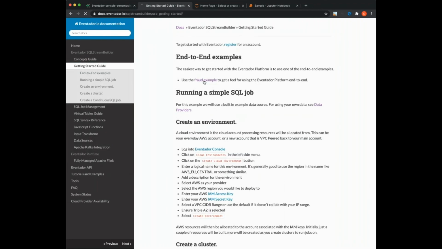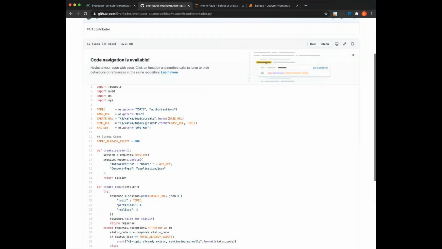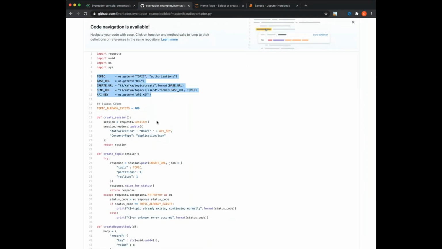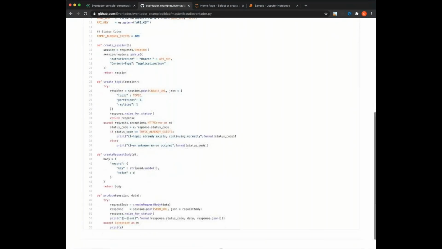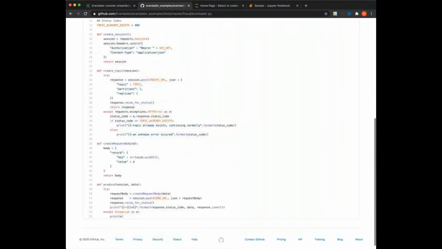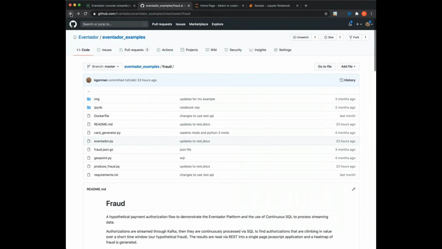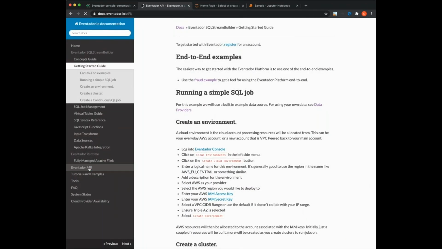Right. And I can show you, so if you want to go here, let me show a couple examples of this in practice. In this case, I went to the Eventador examples for fraud. It's in the GitHub repo for the Eventador examples. And if I look here, I'm using Eventador.py to just produce data, so I'm using Python now instead of curl. And I'm pulling up some variables from the operating system. And then I've got some higher level methods here, like create a topic or produce data, that kind of thing. So it's super easy to write, with just a few lines of code, the ability to produce data to Eventador directly. And then if I go back to the docs, you can go down to the Eventador API,